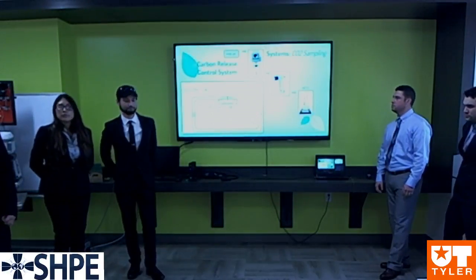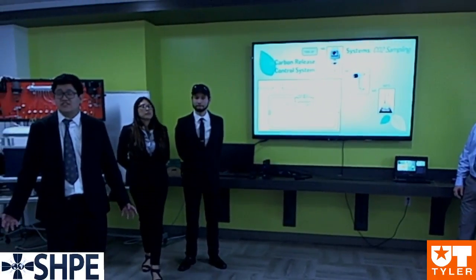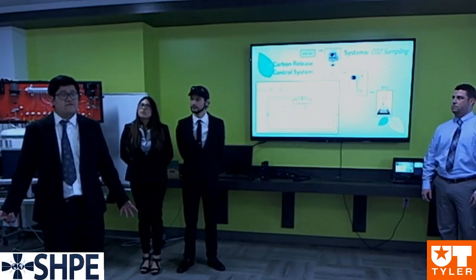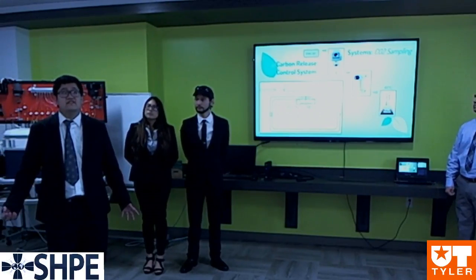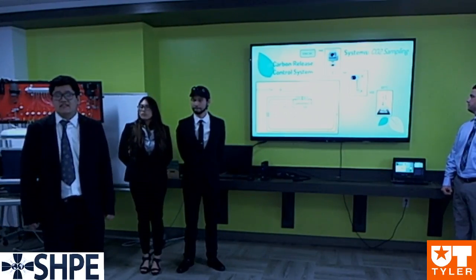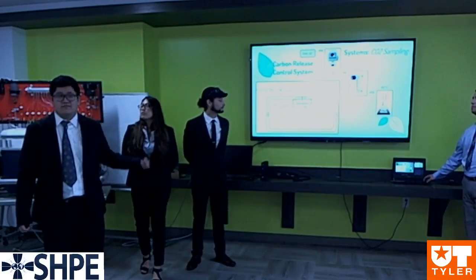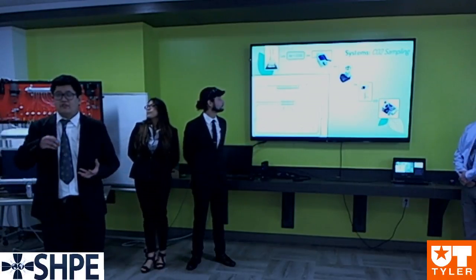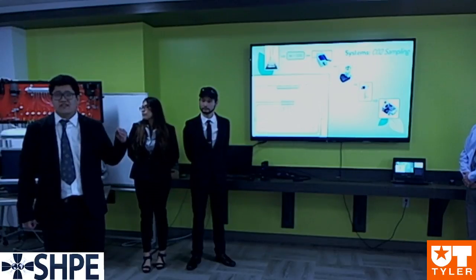Thank you, Dario. The carbon release control system is the most important part of the machine because it measures carbon dioxide emission, our main purpose. As air is pumped through the system, the air filter removes additional humidity, and the air flow meter regulates air flow rate throughout the system. This air is evenly divided among the 12 bioreactors to accelerate natural decomposition. And on the collection side, as air pumps into the bioreactors, carbon emission and air pump out through additional tubing